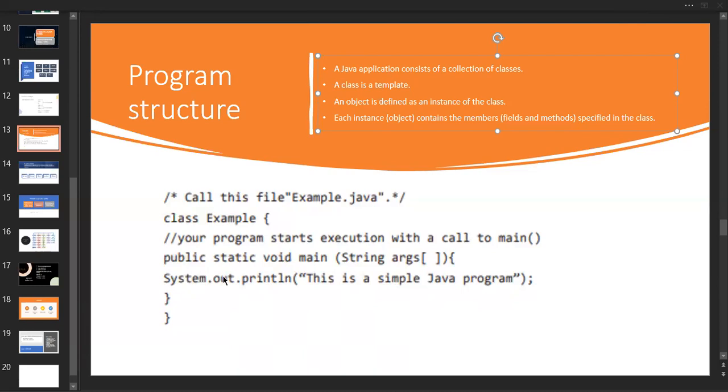If you want to print anything, it should be through this System.out only. And there should be a println. Ln is a line. And whatever you want to print or display should be in between the double quotes. Now I'm going to show you the example of a class.